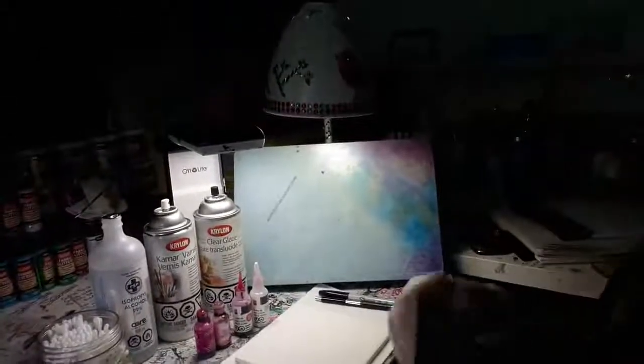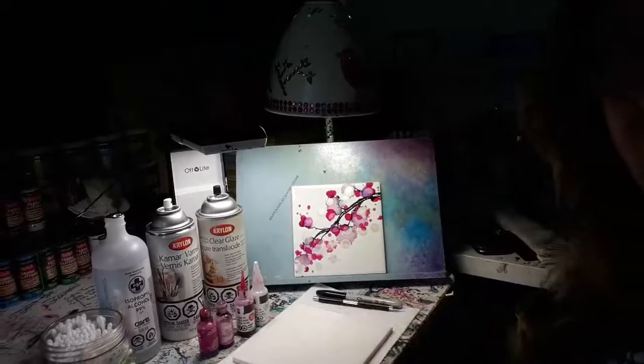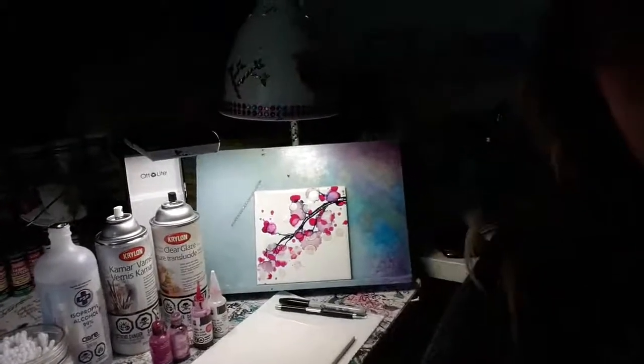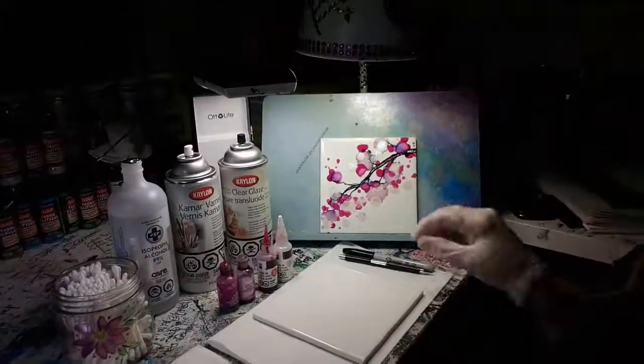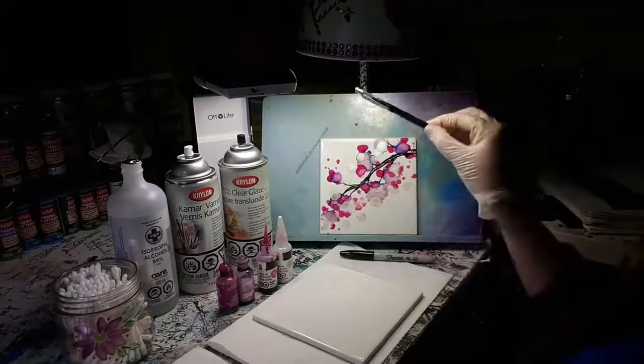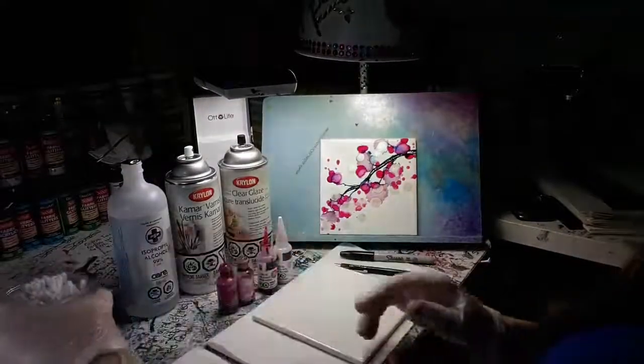Okay, so some of the supplies that you'll want to have. This is a white glass tile that I'm going to be painting on today. I got it at the Restore, but you can get them at Home Depot and all those places too. You'll want a fat black Sharpie marker. A pencil is optional. Having some Q-tips on hand is also optional in case you make a mistake you want